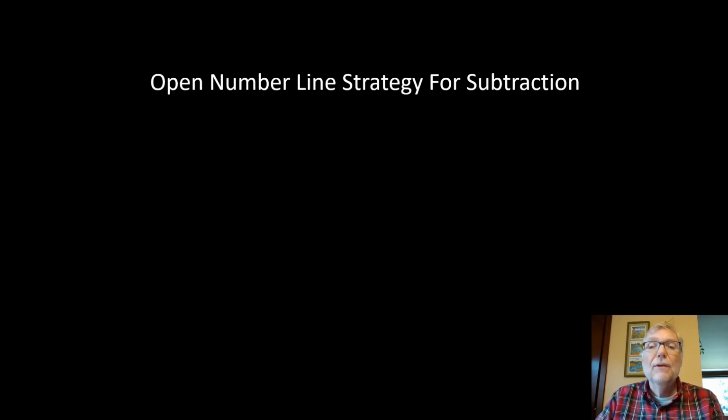And now we get to the open number line strategy for subtraction. Now I showed you the open number line strategy for addition last week. It was similar. It's just that we're going backwards. So if I had a number of 348 subtract by